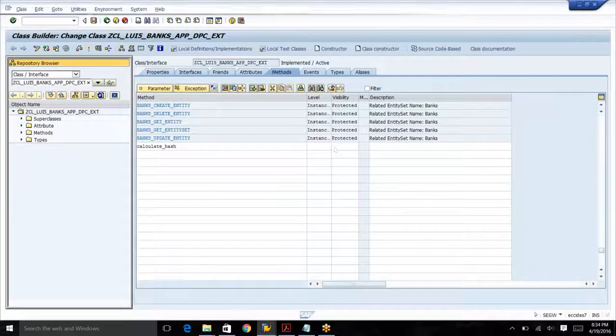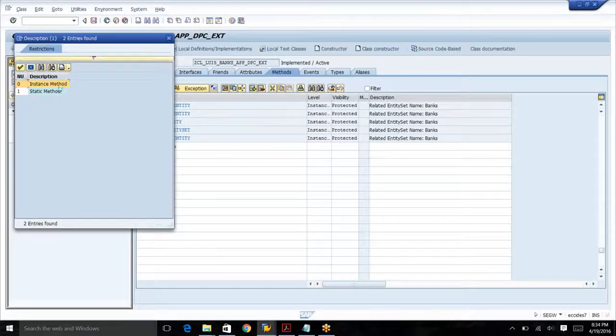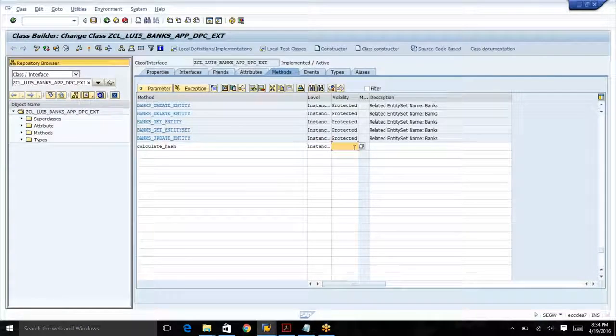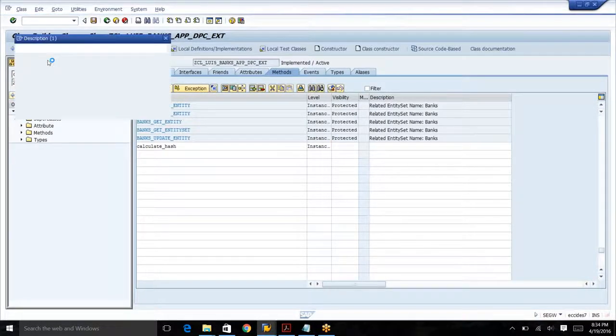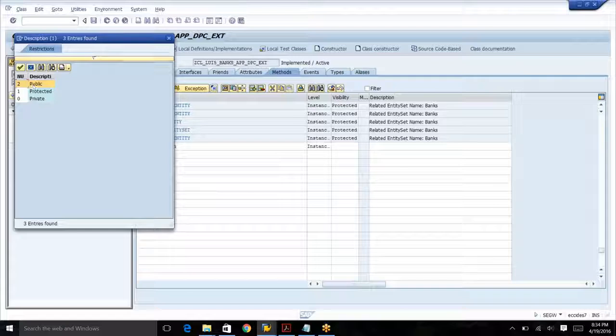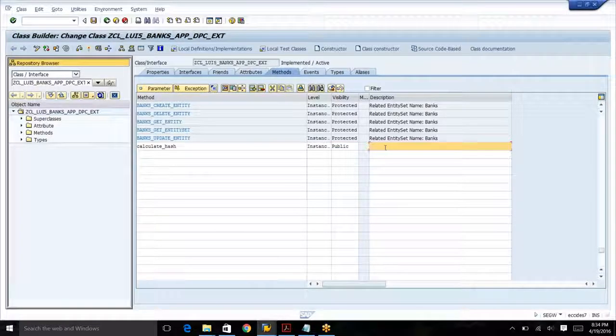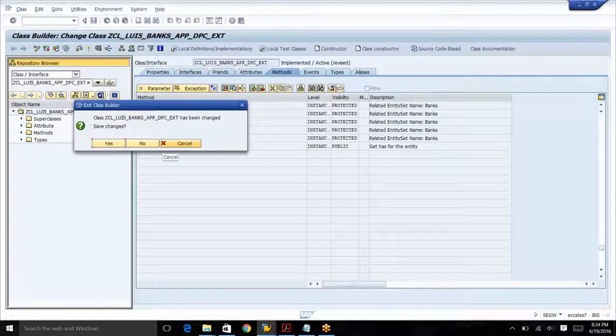And I will say instance, protected or public, for the entity. In the calculate hash,